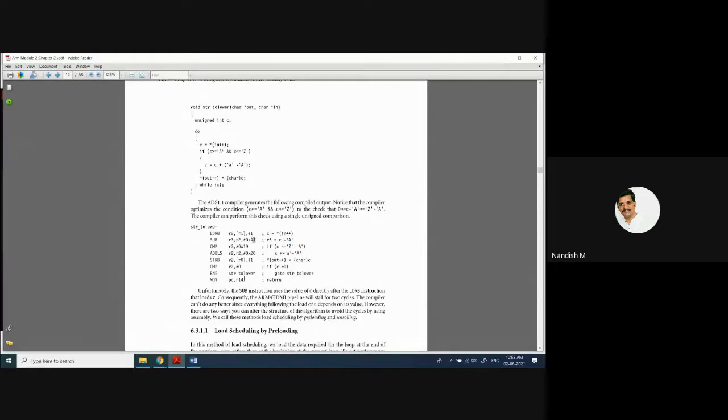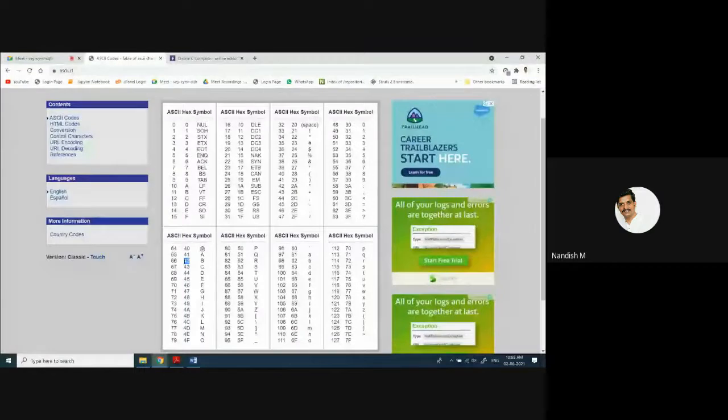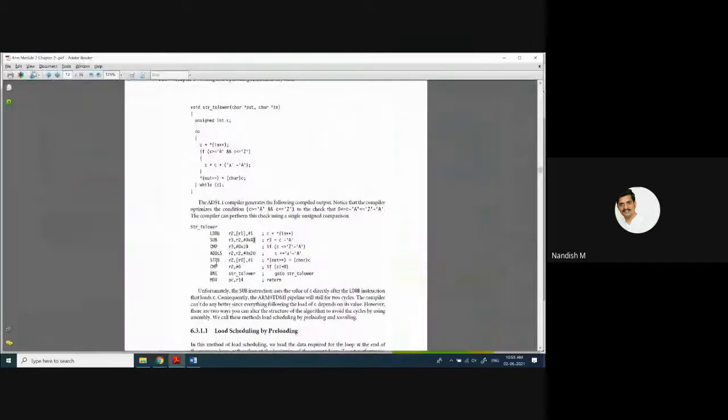The capital A is 65. In hexadecimal, it is 41. That is why they subtract 0x41. Then they compare. After that, add ls.